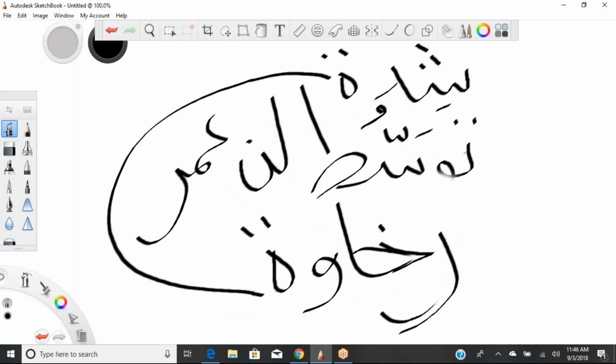Shidda means that the sound is suppressed. Rakhawa means the sound flows when reciting the letter. Tawassut is between the 2, meaning in these letters, Lin, Umar, the Lam, the Noon, the Ain, the Mim, and the Ra, individually, the sound is not suppressed totally like shidda, neither does it flow like it does in the rakhawa. That is the meaning of these letters.